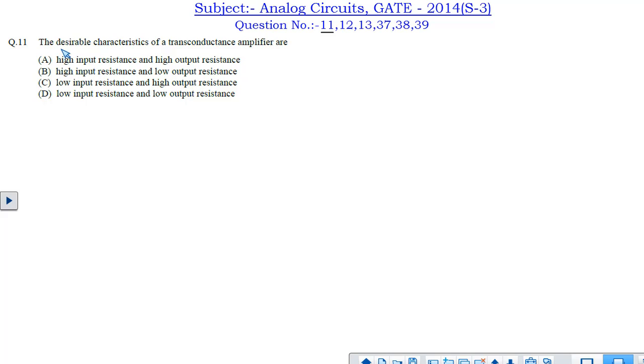First question is question number 11. In this question, we have to find out what is the characteristics of a transconductance amplifier. In the previous year solution also we have discussed this question several times, and here again we can analyze it once more. The transconductance amplifier is nothing but a voltage to current amplifier, and the transconductance gain is given by output current divided